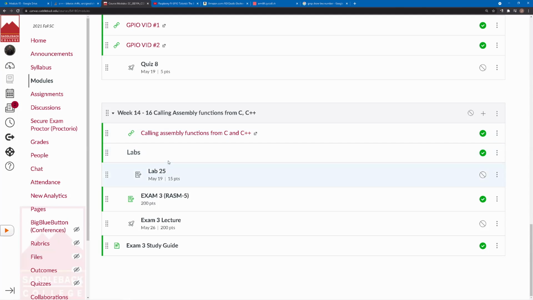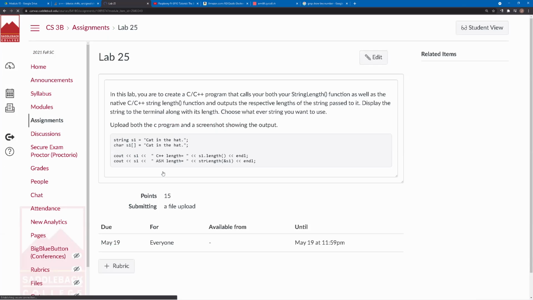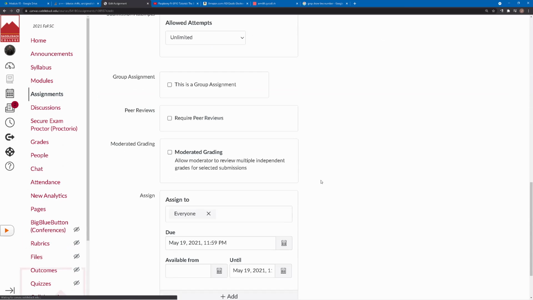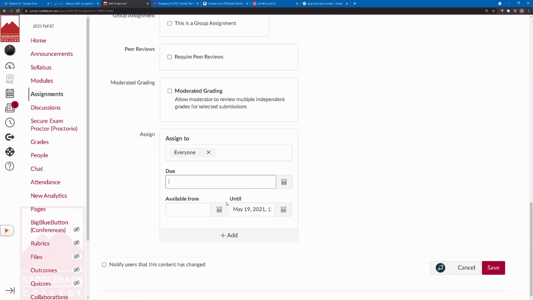And let's see here, what was lab 25? Yeah, we'll do lab 25. So lab 25 is just getting you ready for RASM 5. I mean, I'll publish it even though it's late. Let me just edit the thing here so you can see it. So this is going to be a good build up to your exam 3 lab, where